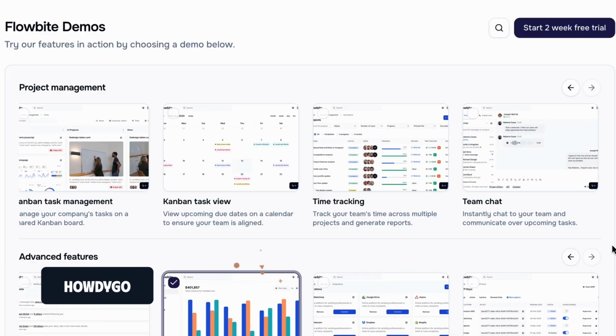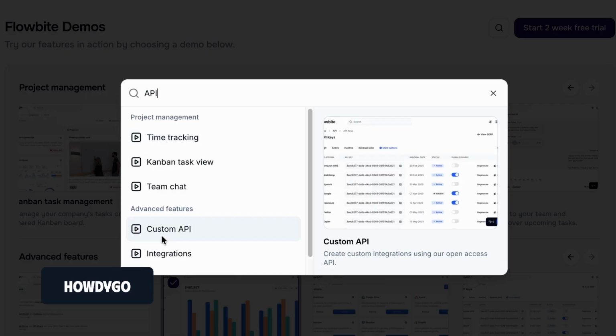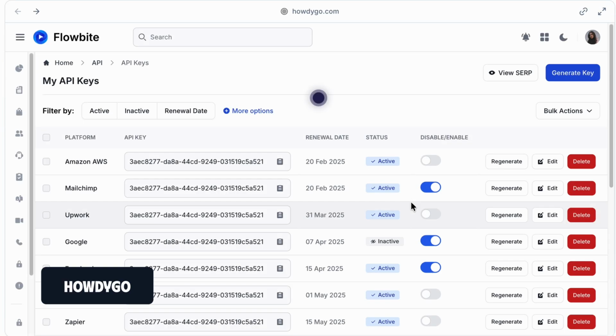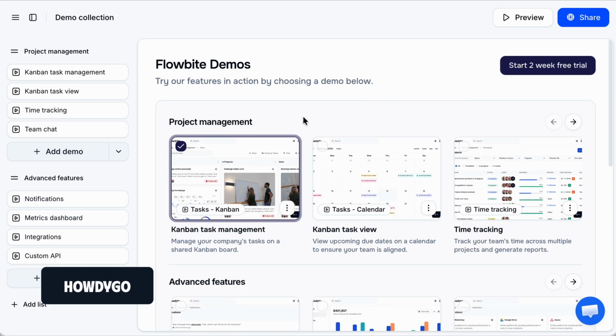The next question to consider is whether your go-to-market strategy is primarily sales-led or product-led. If it's product-led, I would encourage you to consider one of the interactive product demo tools that offers either a demo collection or a demo hub, a place where you can bring multiple interactive product demos together and ideally put them side by side with video content as well,